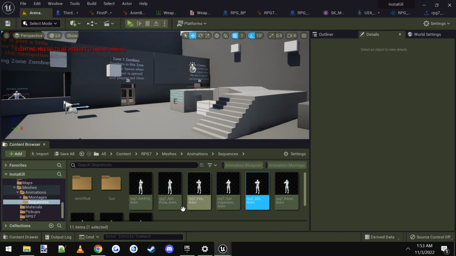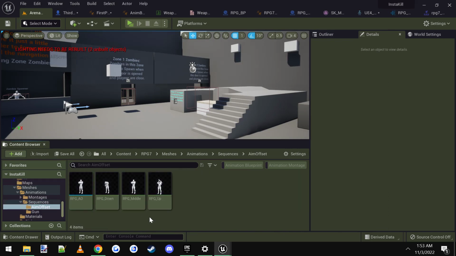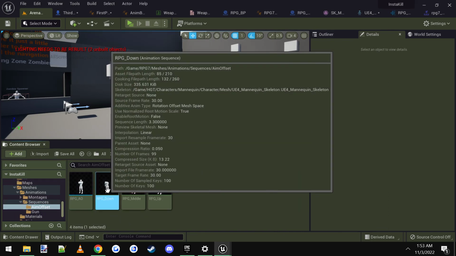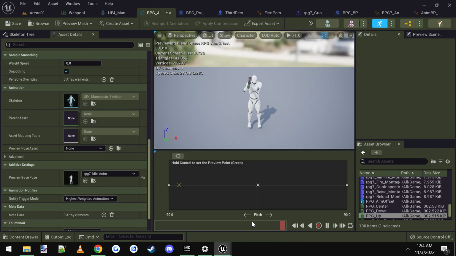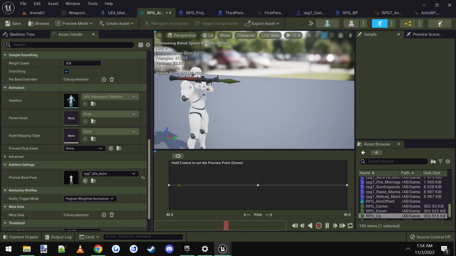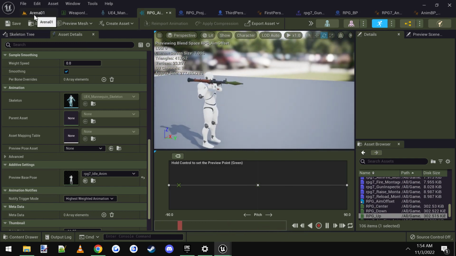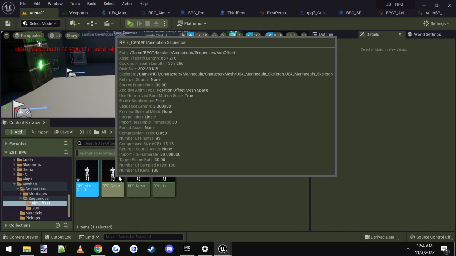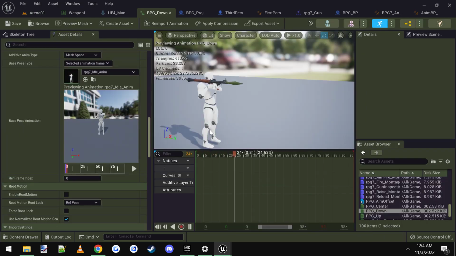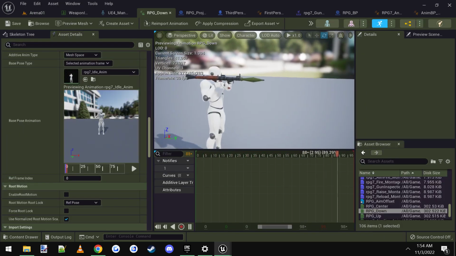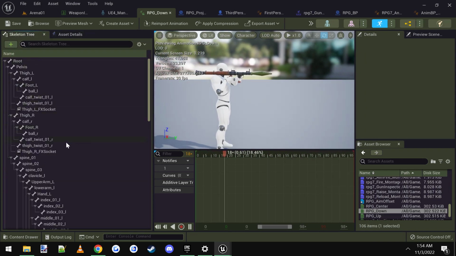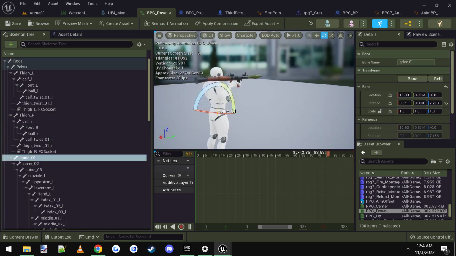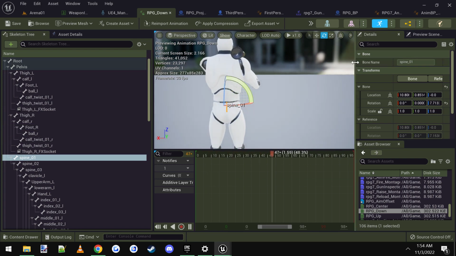And double check. Oh, I haven't. I have to actually modify the animations. So let's see. For center is fine, but down we have to adjust things. So open up the down for the RPG down animation. Go to the skeleton tree. We'll start at spine 1. And let me just make sure I have it snapped to